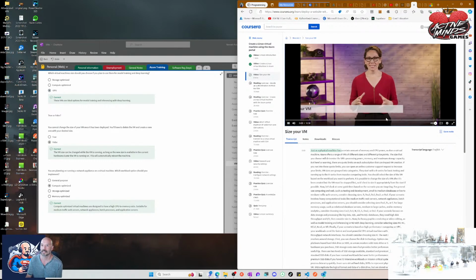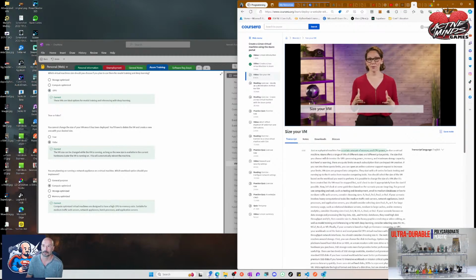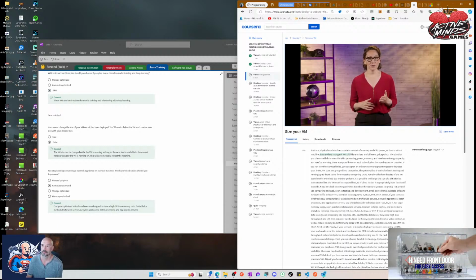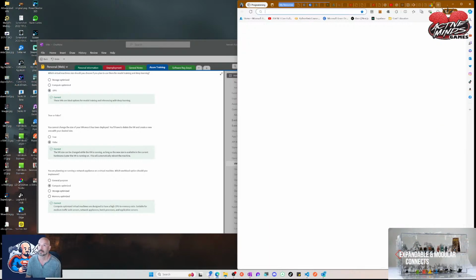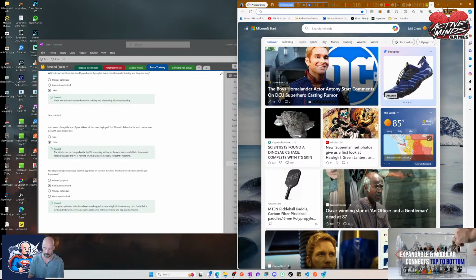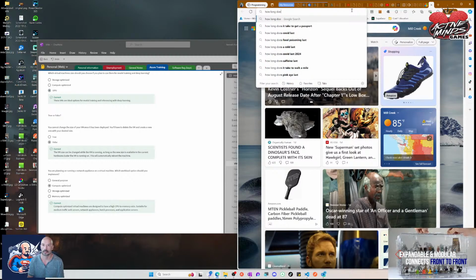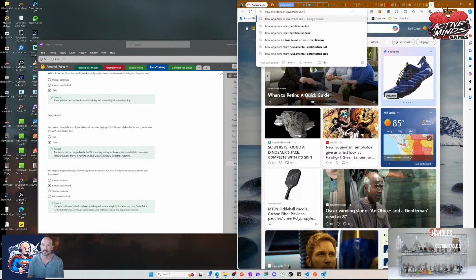Just as a physical machine has a certain amount of memory and CPU power, so does a virtual machine. Azure offers a range of VMs of different sizes and different price points. The size you choose will determine the VM's processing power, memory, and maximum storage capacity. Here's a warning: there are quota limits on each subscription that can impact VM creation. If you run into these quota limits, you can open an online customer support request to increase your limits. VM sizes